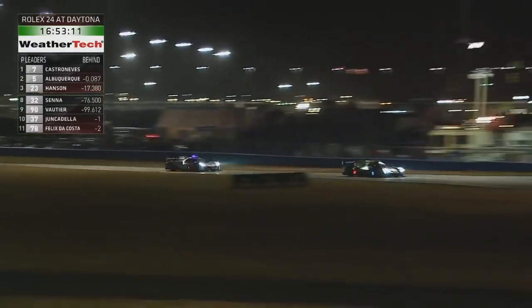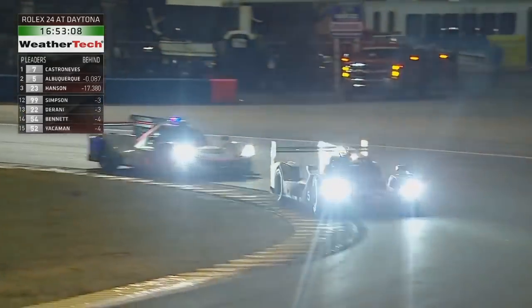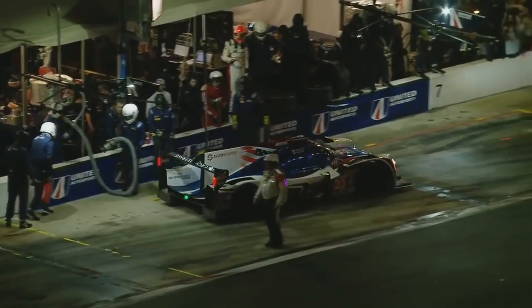A very similar situation, and for the second time in about 15 minutes, Philippe Albuquerque has had to find a way past Helio Castroneves. Did it in roughly the same position. Yeah, he just used the torque of that Cadillac engine to... I suppose for those guys, but Harry Tinknell...